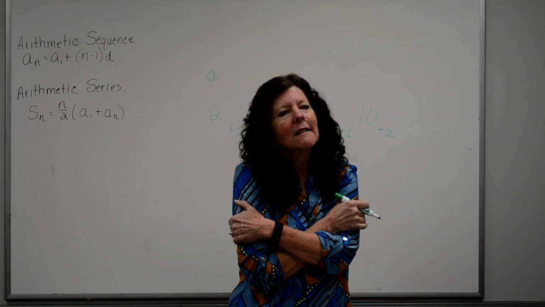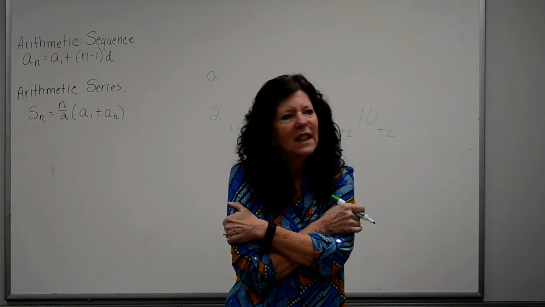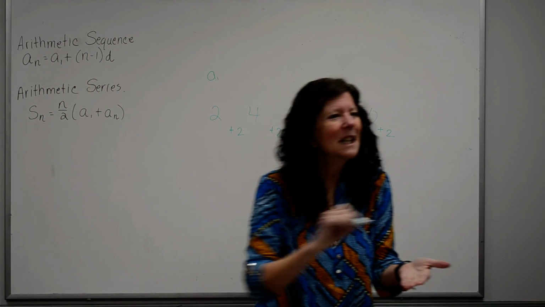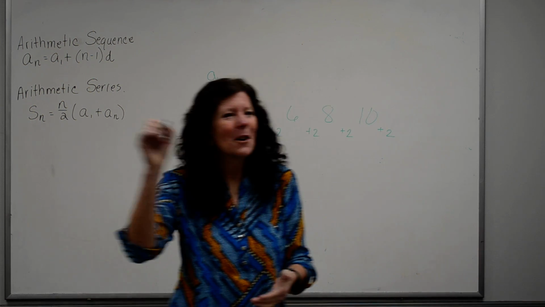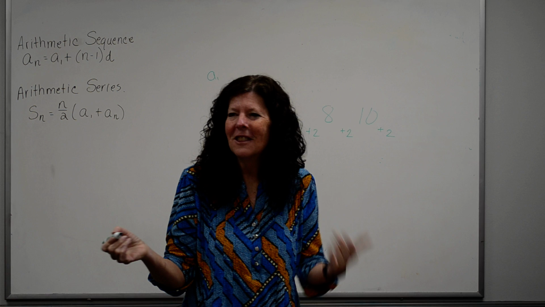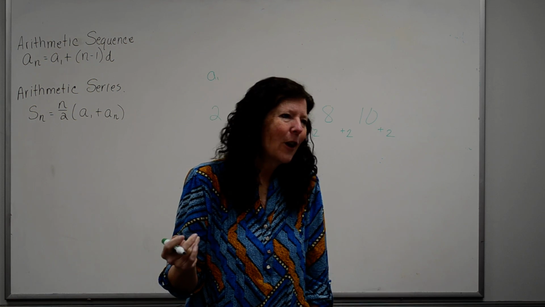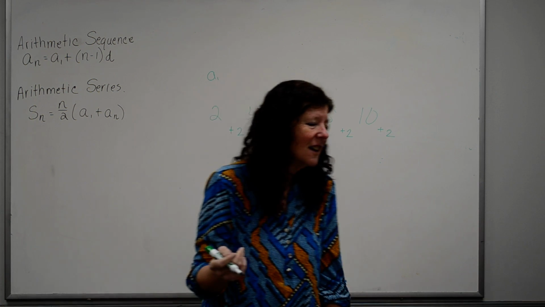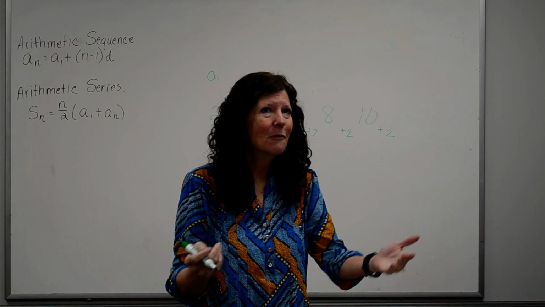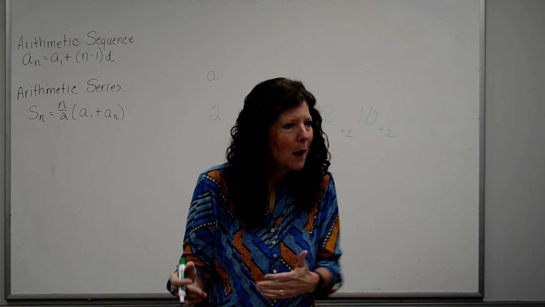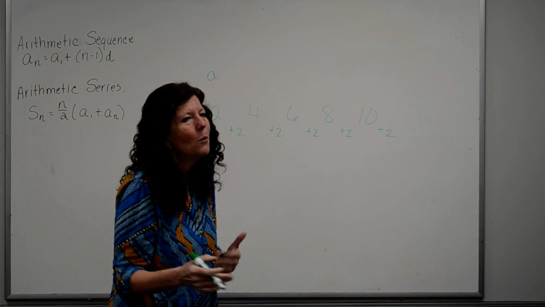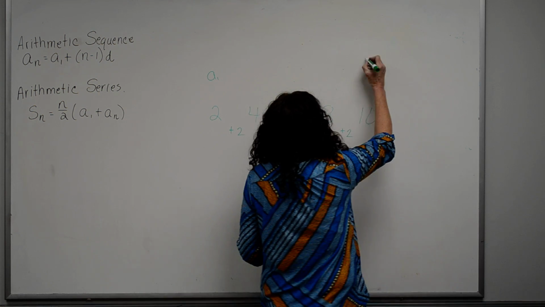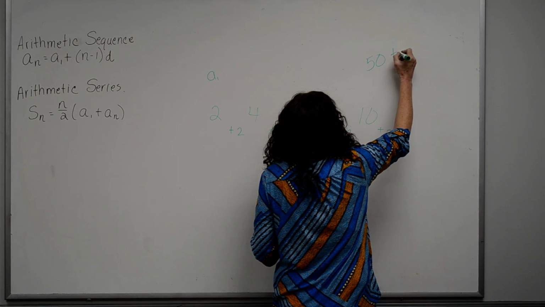If I said, I want the 50th term in this pattern, well, you could make 50 lines and put all your even numbers all the way through there, but that would take you forever. If they asked you for that on the SAT or the ACT, you would be doing that when you should have been doing 15 other problems. So there's got to be a way to get that without sitting there doing the lines. If I'm looking for the 50th term,